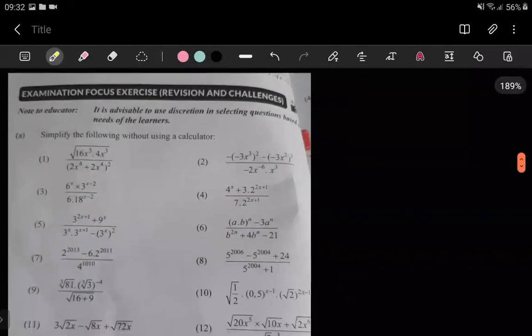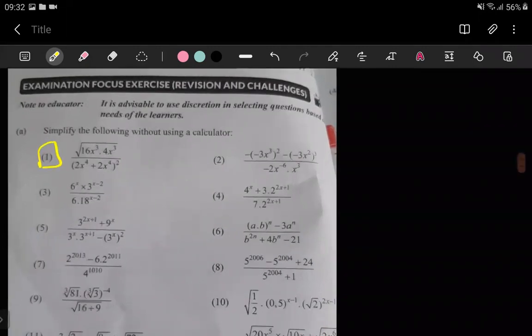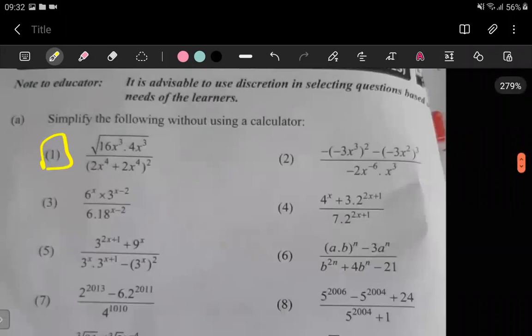So for question 1 here, asking us to simplify, they are saying the following: square root of the whole thing over that. It says simplify the following without using a calculator. So the fortunate thing is you just want to